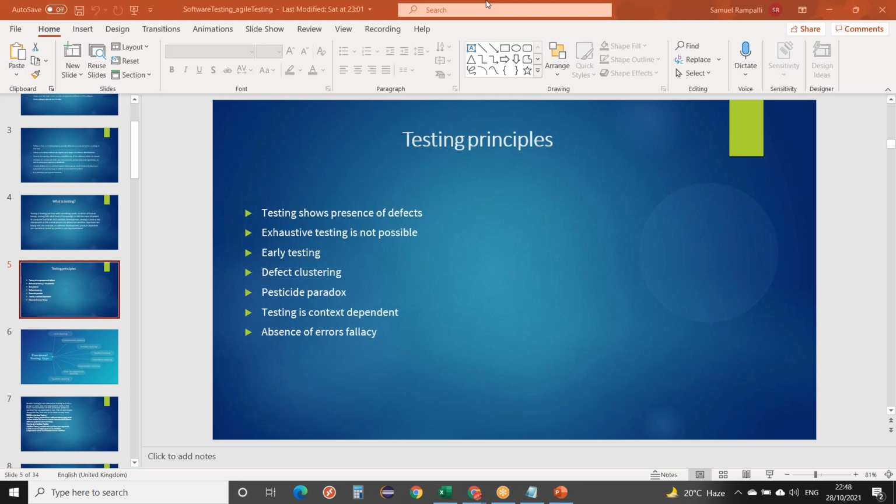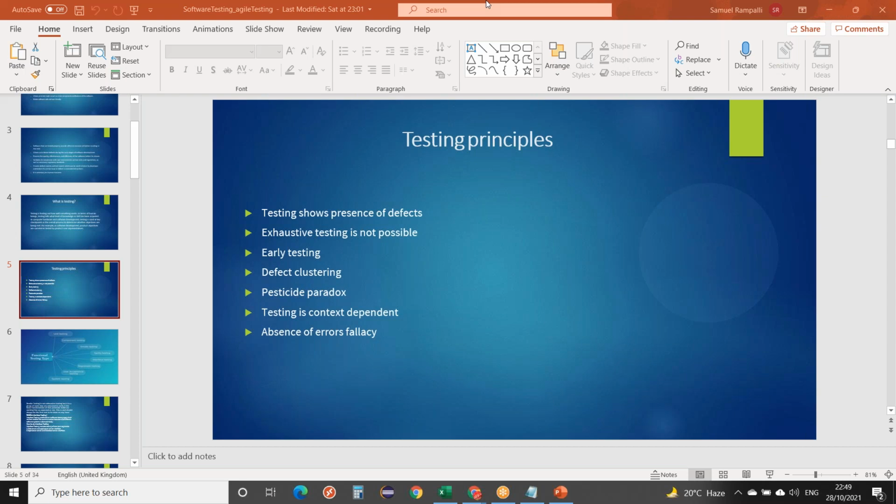Exhaustive testing is not possible. Even if we have tested everything, we can't say the application is 100% bug free, with no single defect. Complete perfection is not possible, so the principle says that exhaustive testing is not possible.